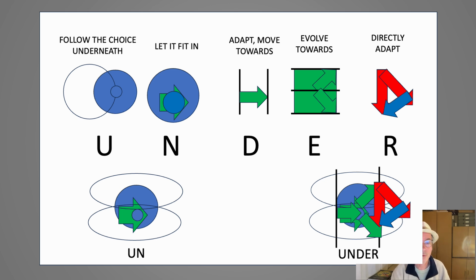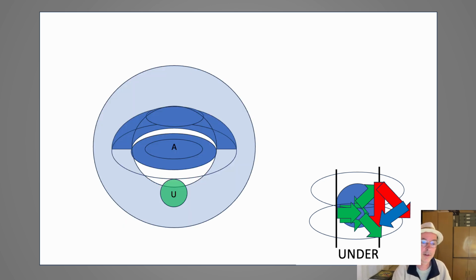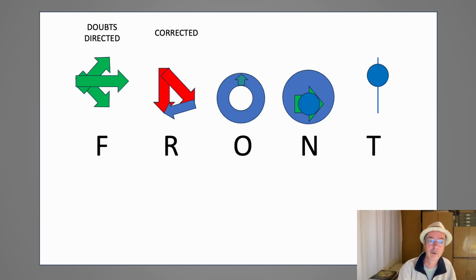How do I apply this to the form? Very easy. I have the is already under. So is the under position. The U is already there most of the time, but when under, it really focuses upon that position. We go to front. The F, I often have expressed it as going into all kinds of directions, but there is a horizontal resume that I have, so that all my doubts of all the directions are directed together. The R is the correction. So if I combine those,